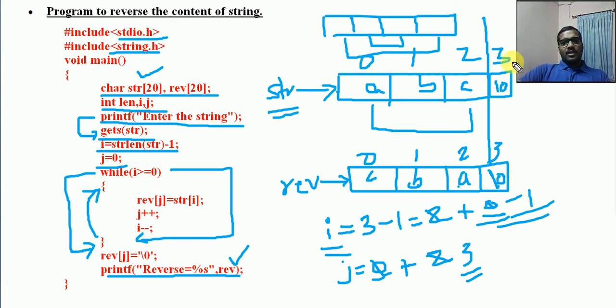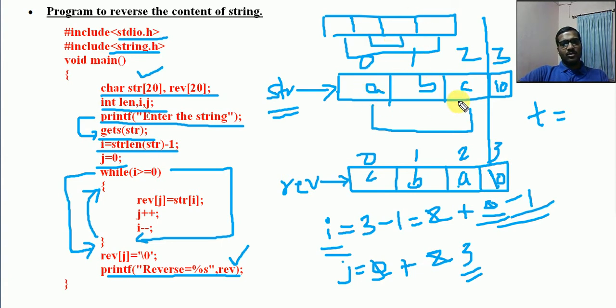So how can swapping be done? Swapping can be done by using a temporary variable. Assign one value to that, then that value to the next variable, and that variable into temporary. Swapping: temp is equal to the first element, that location, then that is to be assigned to the second one, then temp will be assigned to the second one. So here see, all the assignments will happen from right hand side to left hand side. So just remember this logic also.